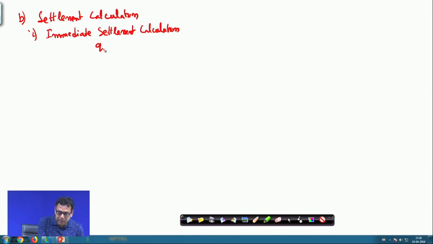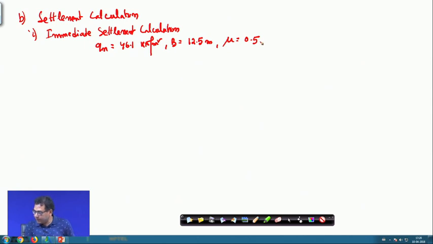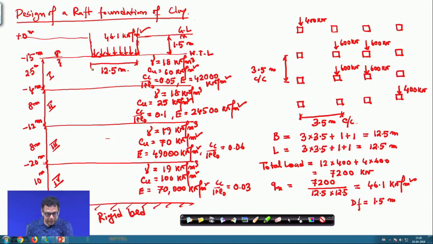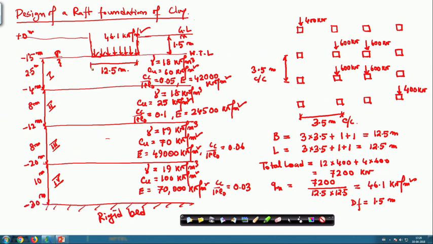So, our Q net is equal to 46.1 kilonewton per meter square, B is equal to 12.5 meter, and mu value, as it is clay, we will take 0.5, and again E average or weighted average I am taking. So, here now the influence zone is